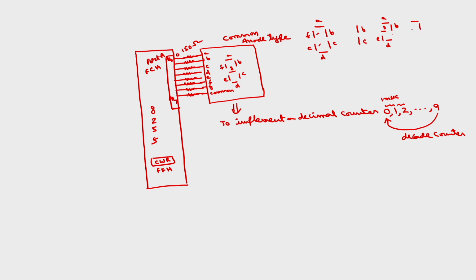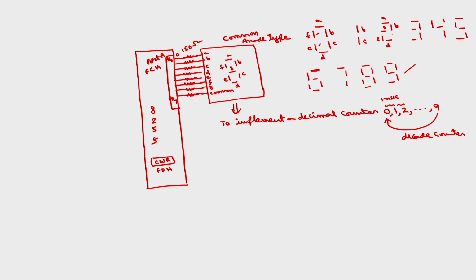3 I want to display like this. 4, 5, 6. This depends upon your design. This can be excluded also. Without this also it will seem to be 6 only. 7 is this, 8 is all the segments, 9 also here, this is also 9, or you can include this also. Okay. Depends upon your requirement. So, I want to display the digits 0 to 9 like this.